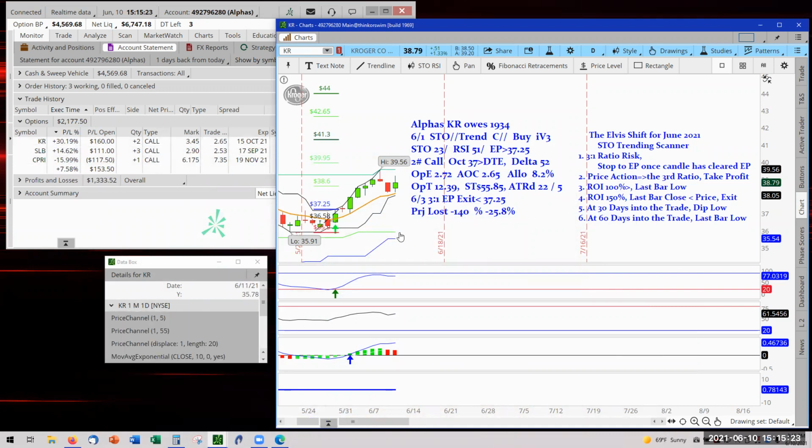Okay, this is KR's report. It came down and we do have a dip low here. Now this dip low will not trigger unless we get in the next 30 days. So we got into this trade on June 1st. So July 1st, the end of day, we will then go to the lower dippers if we're not out of the trade by the end of this month, which is approximately 20 days away. So that would be the report there, unless, of course, it's able to climb and get to the 70%, or get the other 70 to get RI